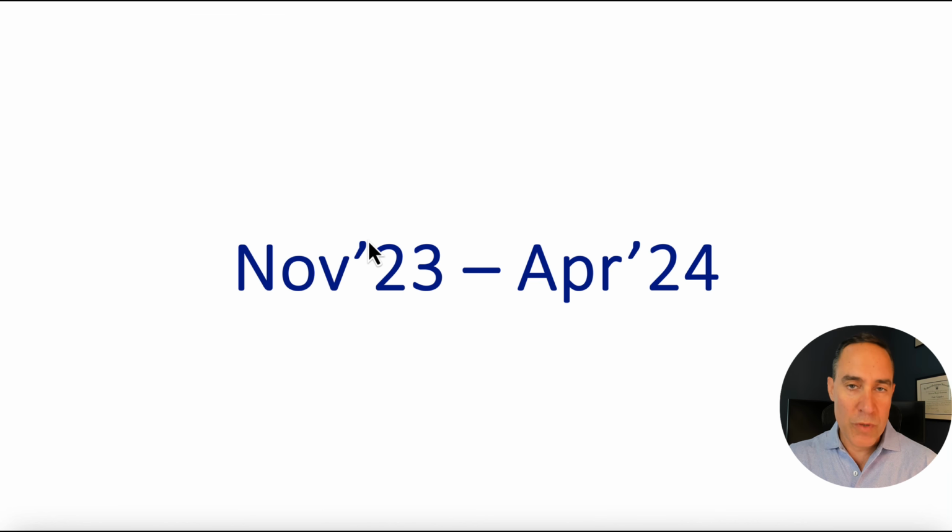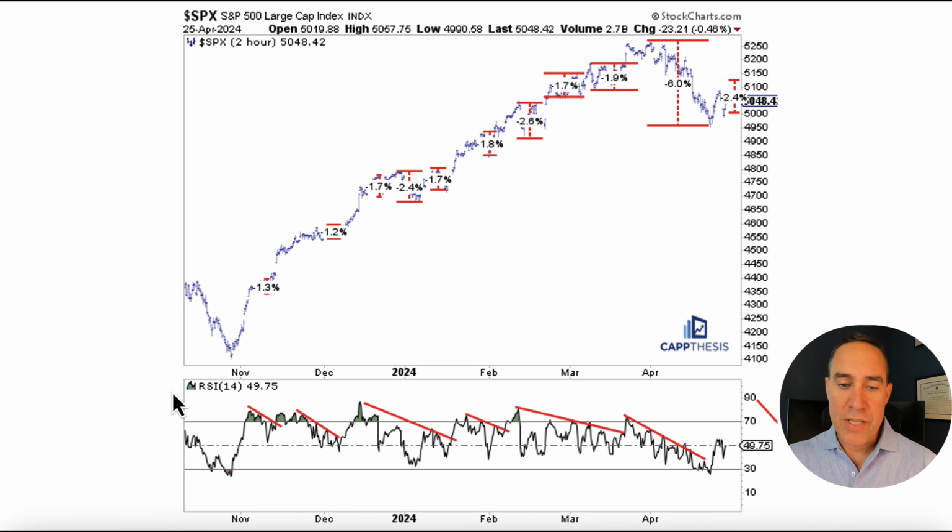Well, we can go back to a period that was in our recent memory for a time when that did occur. We're, of course, talking about November 2020 through to April 2024. This was the October 27th low. So we started on October 30th the following week. And up until that point, obviously a very strong rally from the low. We had a number of breadth thrusts like we had again this time. And we can tell that it went all the way until the end of March before we saw a pullback